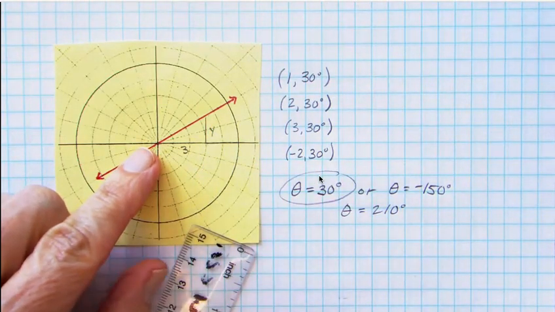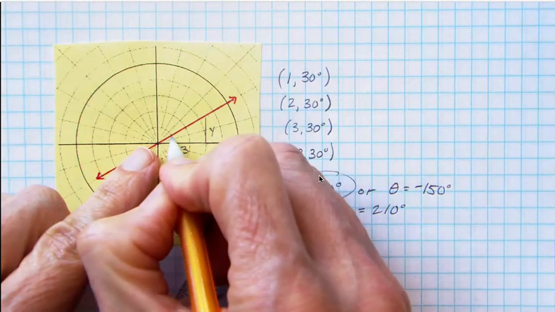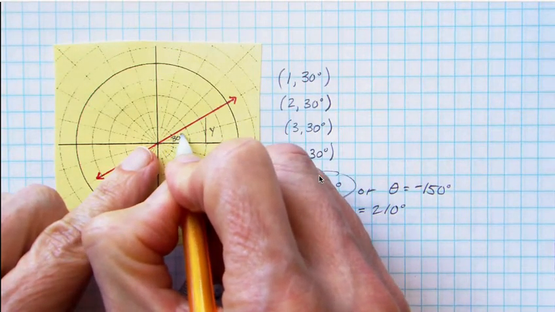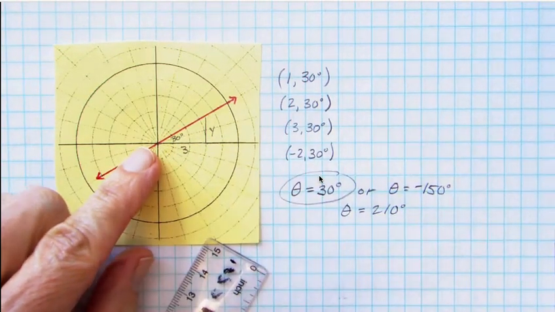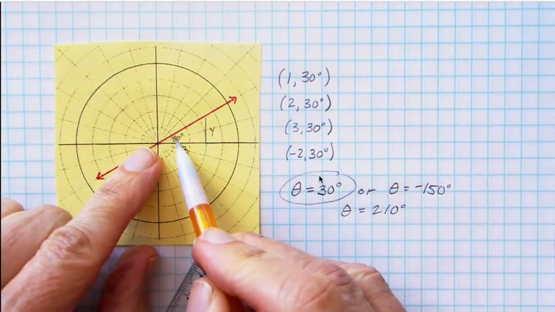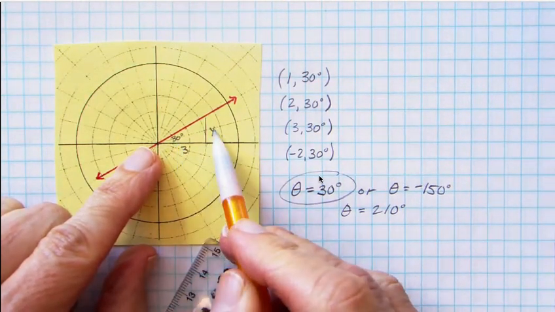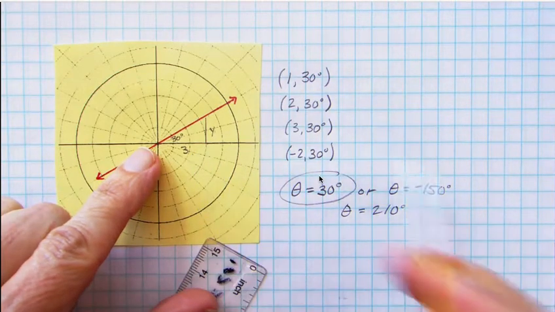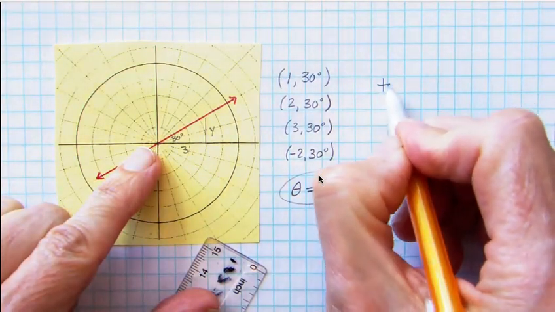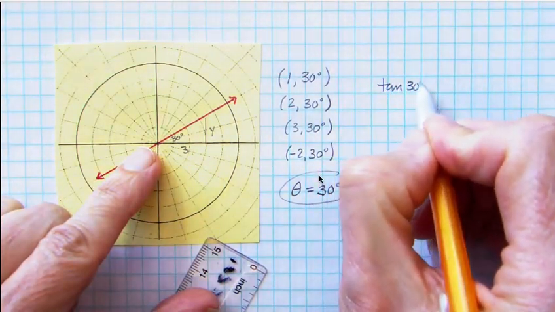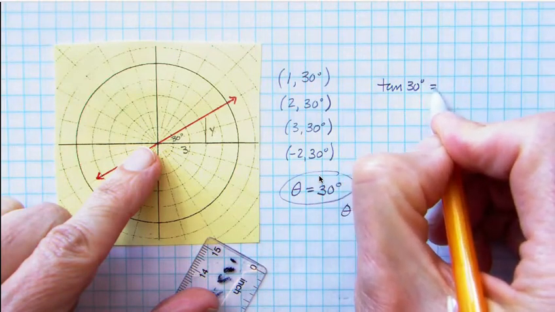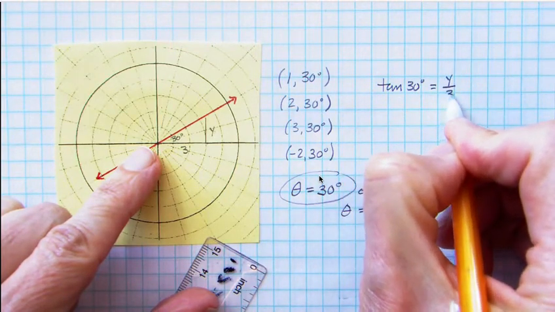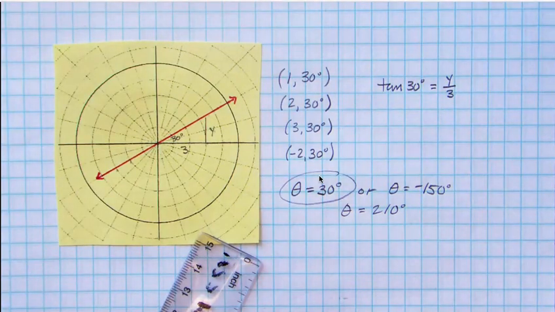Is there a way to do this? And you think, well, yeah, this is a 30-degree angle right here. And so I could say tangent of 30 equals y over 3. So I can say tan 30 equals y over 3. Now, some of you may remember in a 30, 60, 90, there's a special relationship in